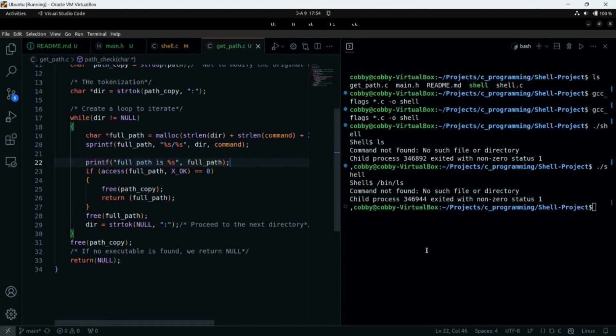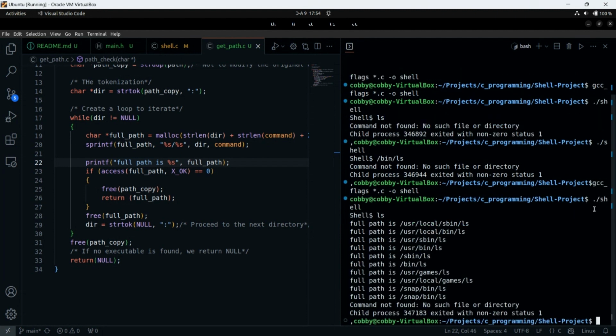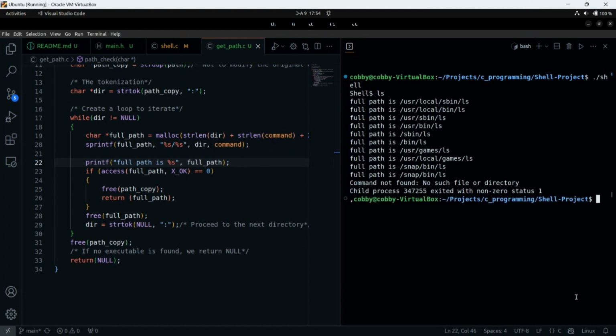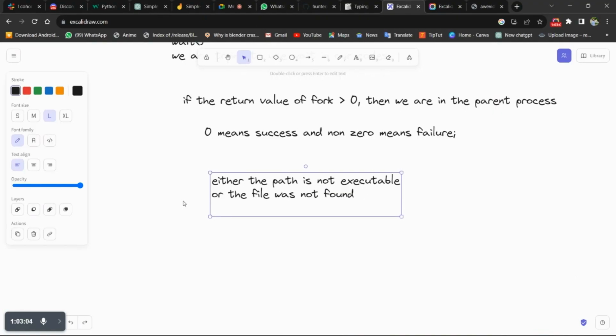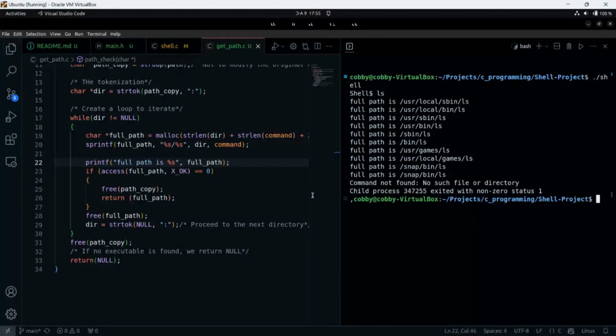So now let's run this program and let's see if we're able to get our full path. Thank you guys. So ls. Okay, so we have our full path here. Let me clear the screen and then run it again. So after running ls, we get our full path. So what can we say, guys? Can we cancel this out and say that the files were found? Yes, you can say the files were found.